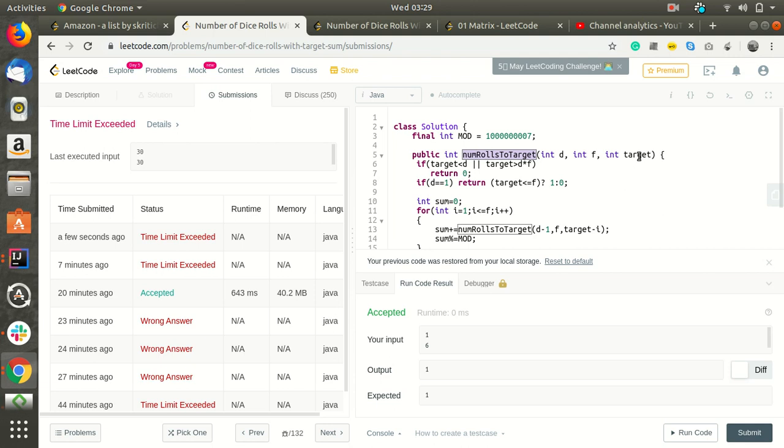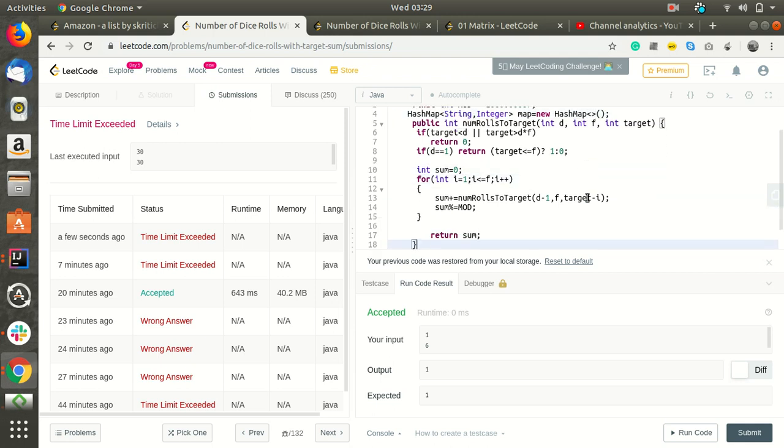So in order to avoid this, we'll use a hash map. The hash map will have string as a key and integer as a value. So we declared the hash map. Now we will be using it.